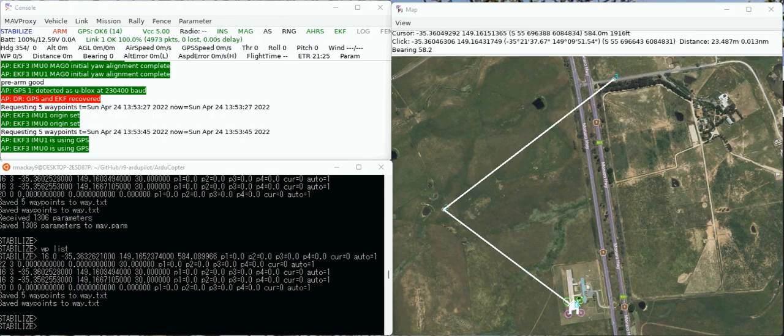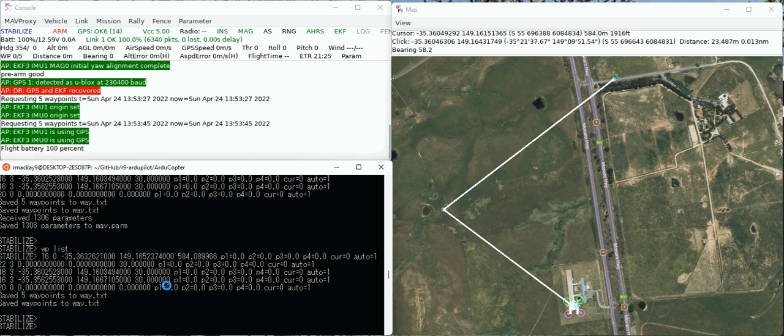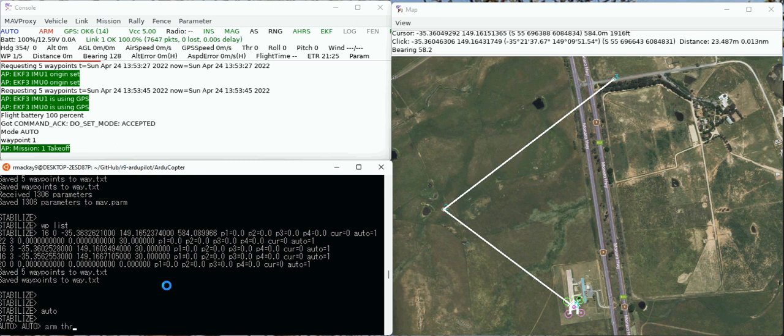This is a quick demonstration of an experimental Lua script called copter-deadreckon-home. As you might imagine from the name, the purpose of the script is to deal with short-term GPS failures or EKF failsafes, especially if the vehicle is in autonomous mode like auto mode or guided mode and it's beyond the line of sight. So to get things started, I'll just switch it into auto mode